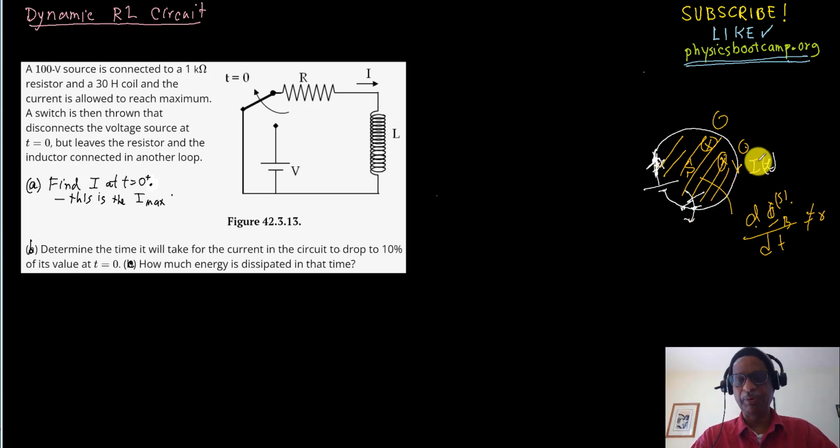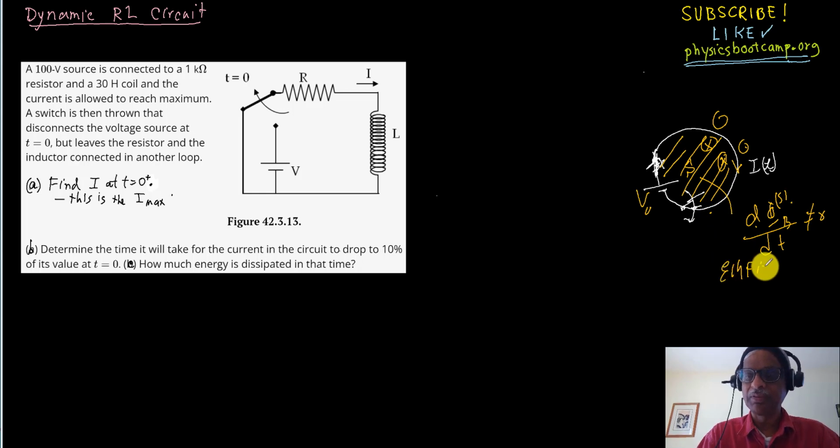This back EMF, back current goes by those names. So this is the voltage that you set in, but in addition you are going to get inside here an EMF induced,